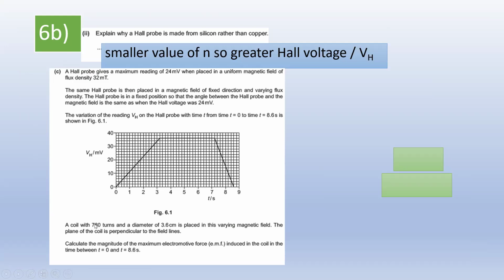A coil of 780 turns and a diameter of 3.6 cm is placed in a varying magnetic field. The plane of the coil is perpendicular to the field lines. Calculate the magnitude of the electromotive force induced in the coil in a time of 0.0